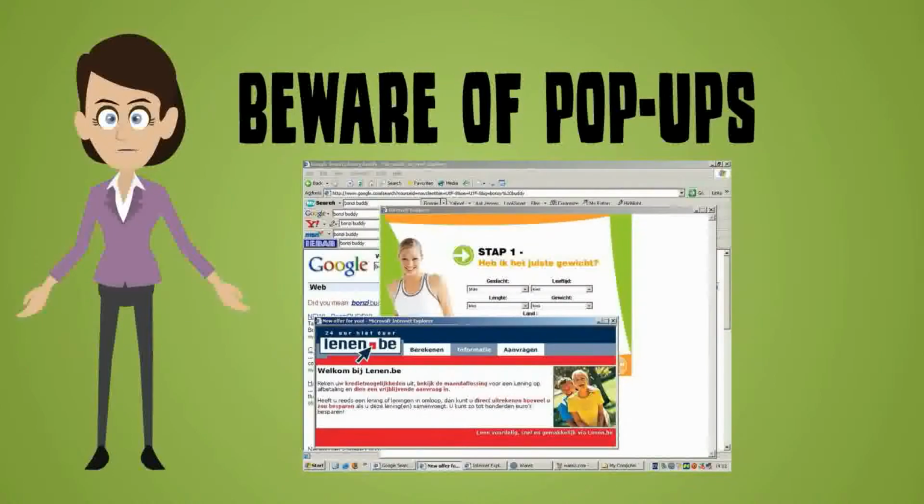Beware of pop-ups. Do not click on any suspicious pop-ups that you come across while browsing on the internet just to get rid of them. For all you know they could be triggers to activate malware. Always read the licensing information carefully before clicking on a click-wrap agreement.